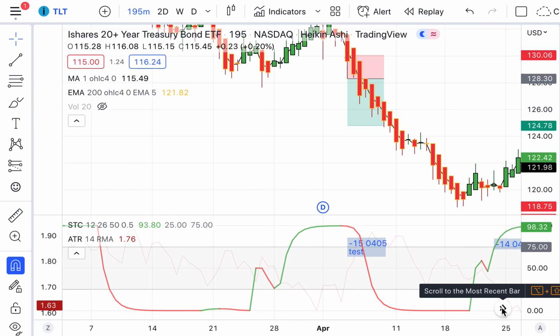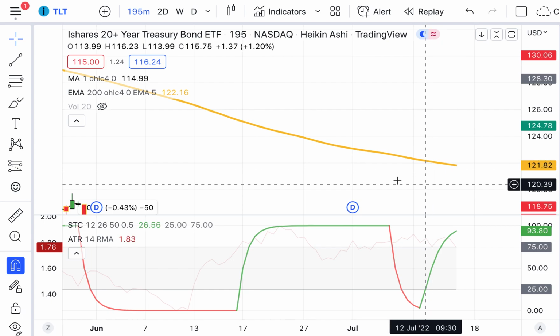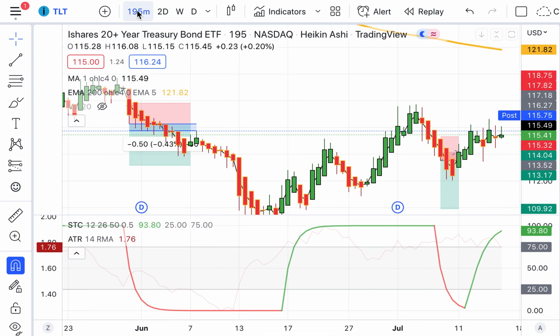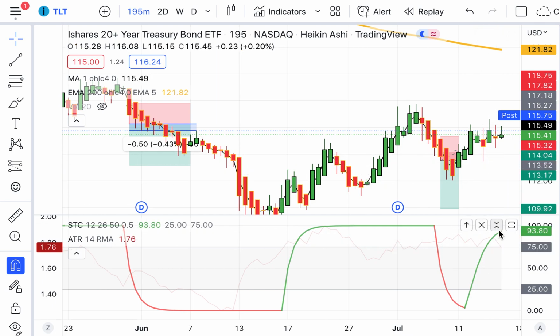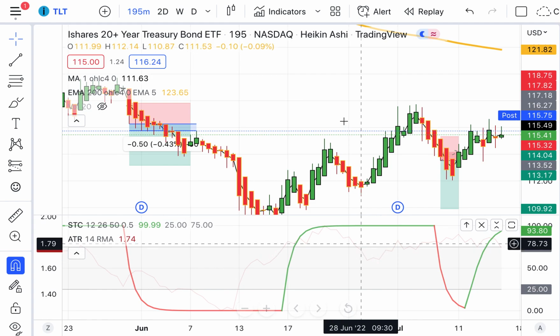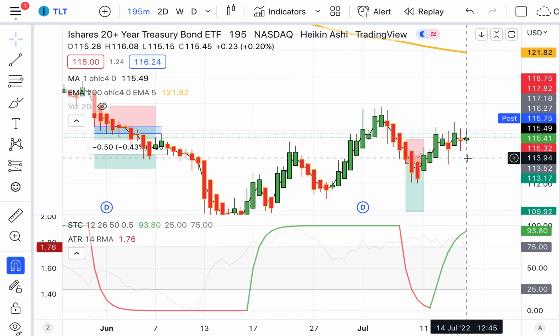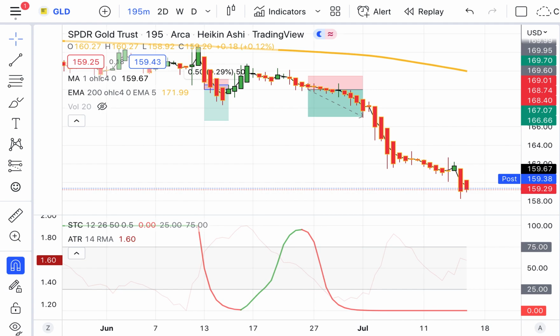Little trick here, this just scrolls to the most recent bar down there at the bottom right. Takes you back. So where we are for the day, down 0.82% on the half-day chart. Again, nothing yet, waiting for the STC to roll over, heading down for us. But that is where we are. Let's move on from bonds, go to gold. Gold cranking down for the day, our biggest downer,